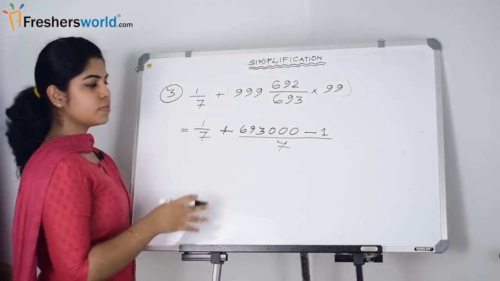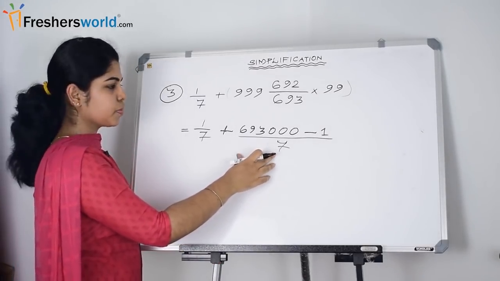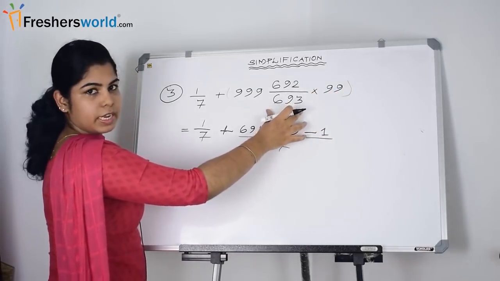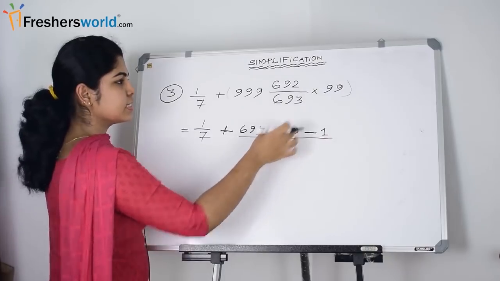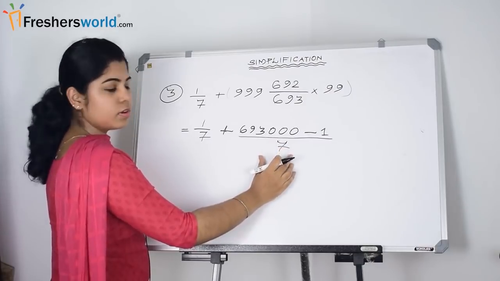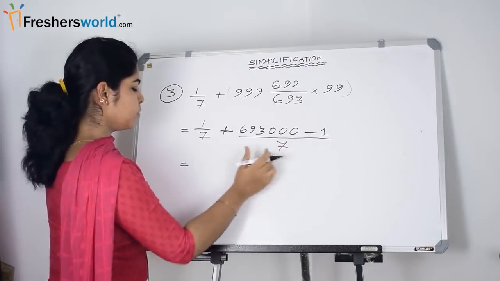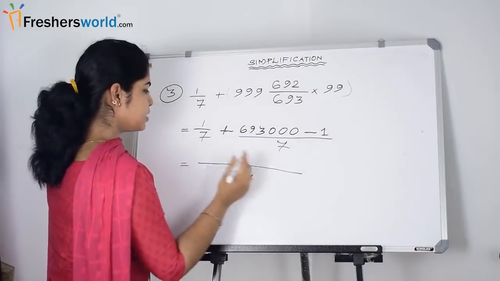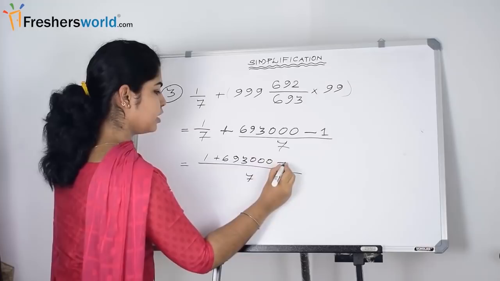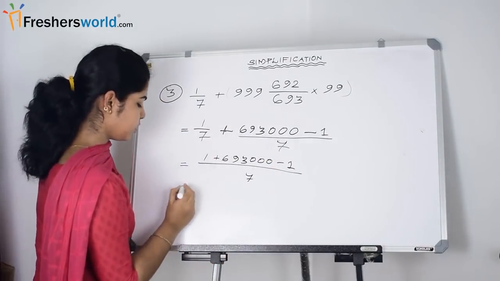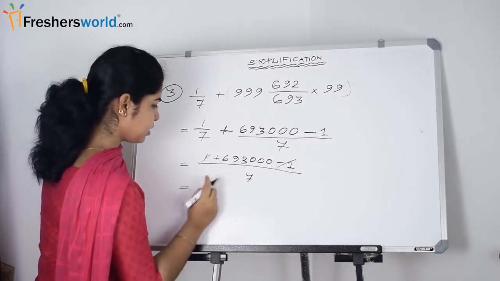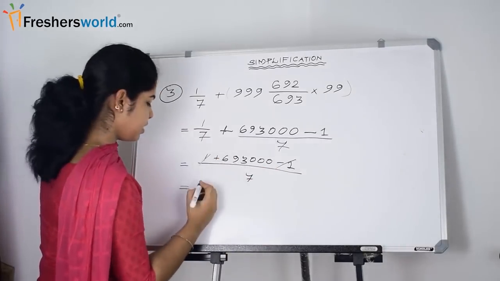See, in the previous questions we didn't have the denominator value. Why? Because here was 999 and here it was also 999. So both get cancelled. But in this case 99 goes 7 times in this. That's why we wrote this here. Now since the denominator values are same, it will come like this, and you can skip this step if you know the concept, and the final answer will be like, we can cancel this value with 7 and it will be this.